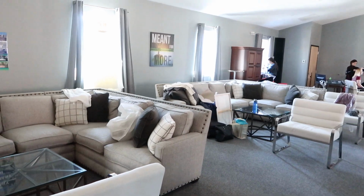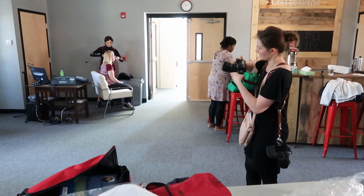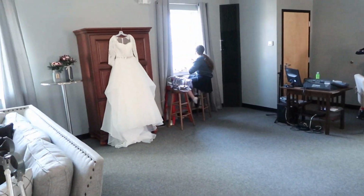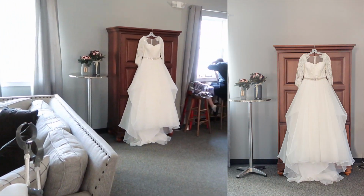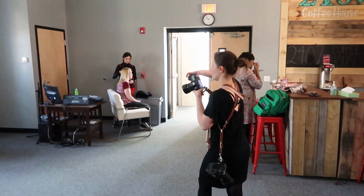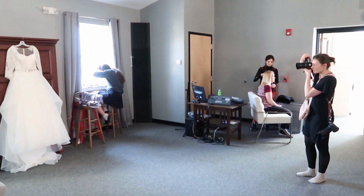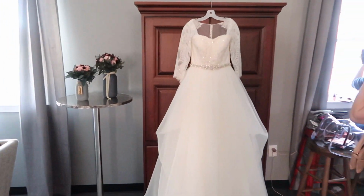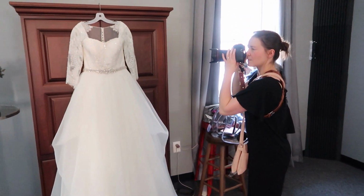Here we went on to photograph the dress. At first it was hanging on the window, and that was not my preferred style because it was extremely contrasty, and I prefer more even light for everything in my photography, at least for most of the things I can say. So we just moved it to the area where the light was more even, and I photographed her ceremony dress, and then